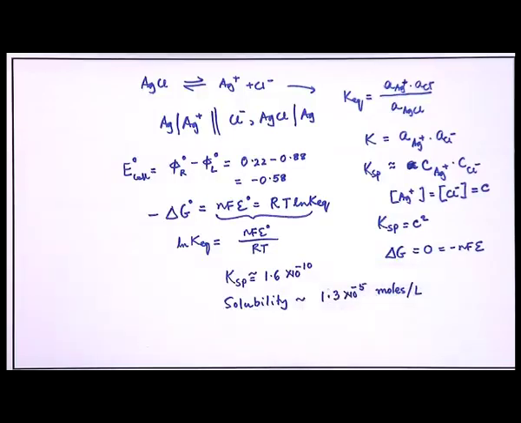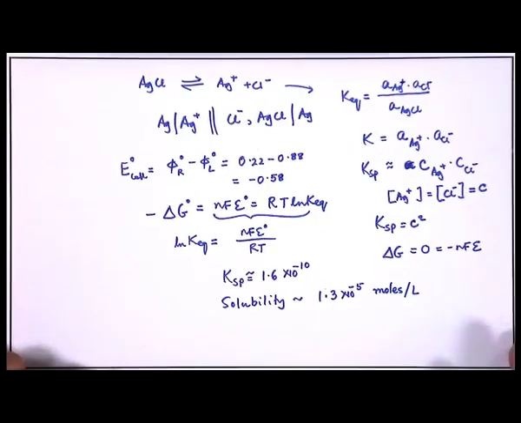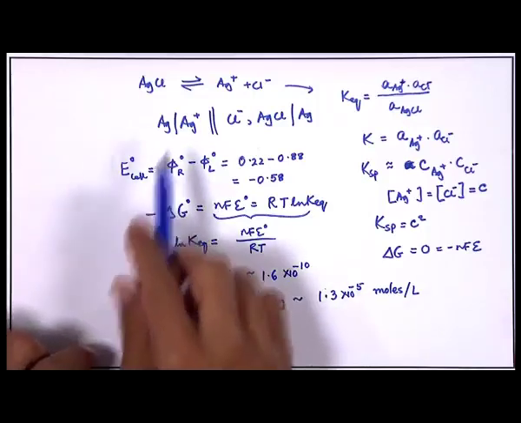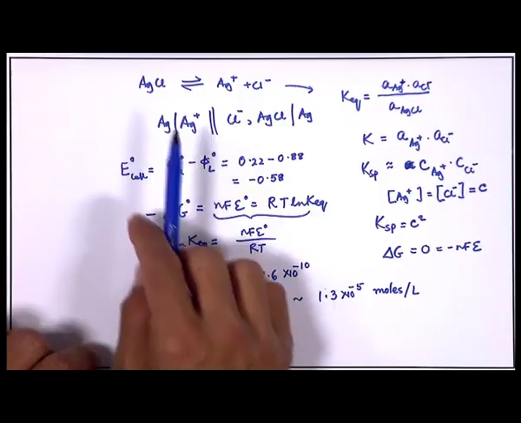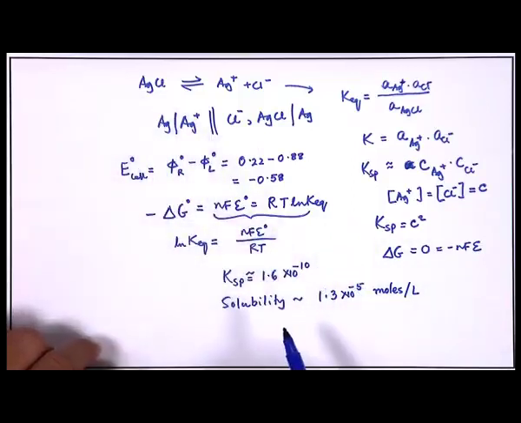So, whenever you would like to find out some information about a chemical reaction, say for example, here we have discussed the determination of solubility and solubility product of this sparingly soluble salt using this EMF method, then you need to construct the right electrochemical cell,